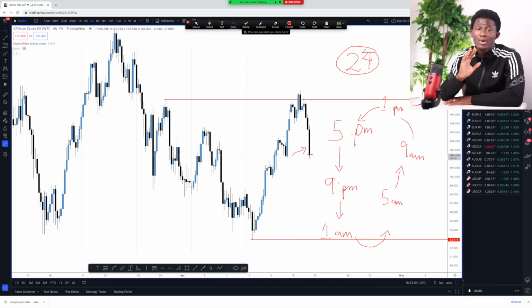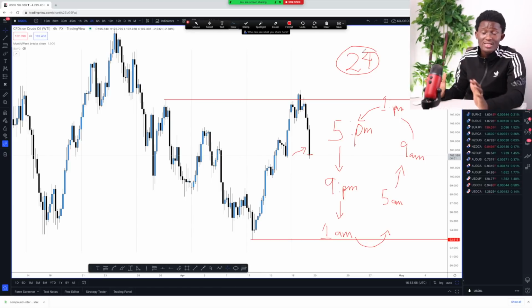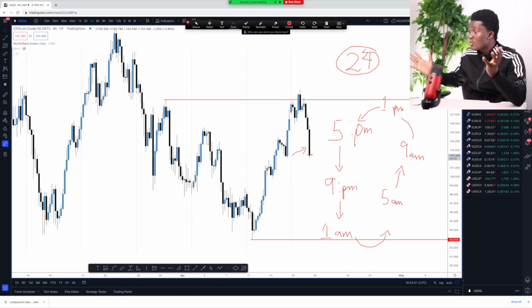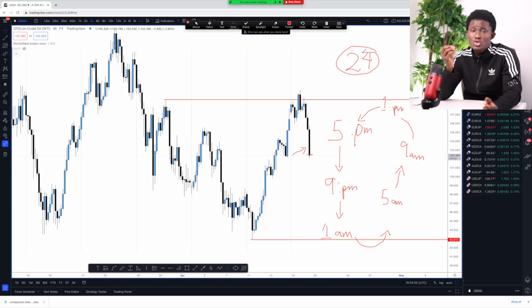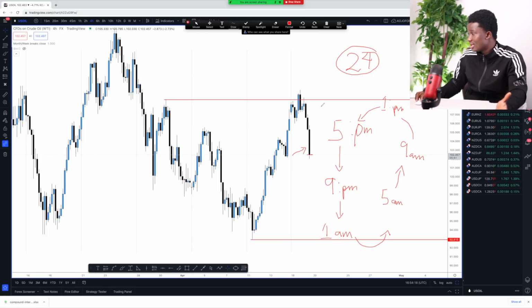Now this also allows you not to miss trade setups. Just imagine that I didn't have this system in place and I just had to guess randomly that okay, this market is going to close here, and then how am I going to draw all the way to the bare minimum exactly what time the market is going to close, and what kind of confirmation I may want to use to my advantage to take a trade setup, right? So like I'm saying, imagine that this trade right here that I took was clearly taken around 9 a.m.